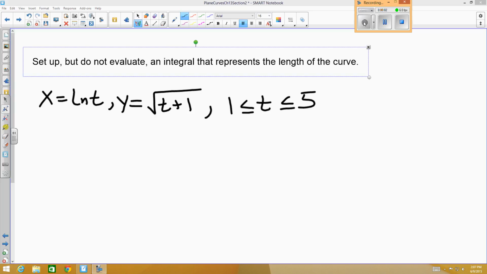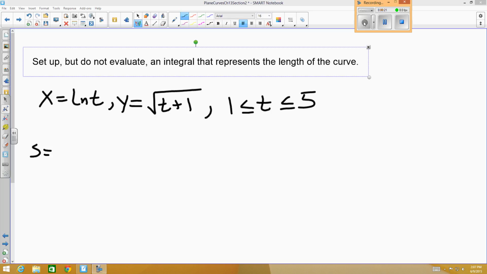Set up, but do not evaluate, an integral that represents the length of the curve. x equals the natural log of t, y equals the square root of t plus 1, t ranges between 1 and 5. This is a set of parametric equations which define this curve, and in order to find the arc